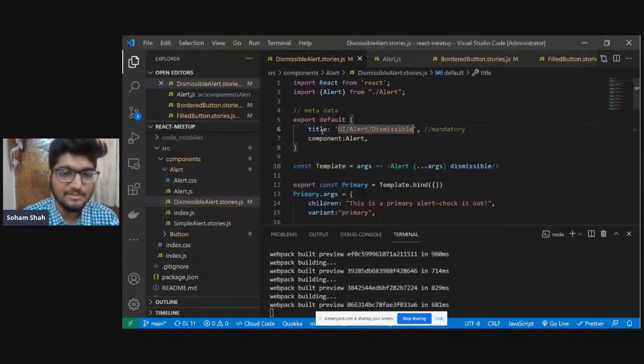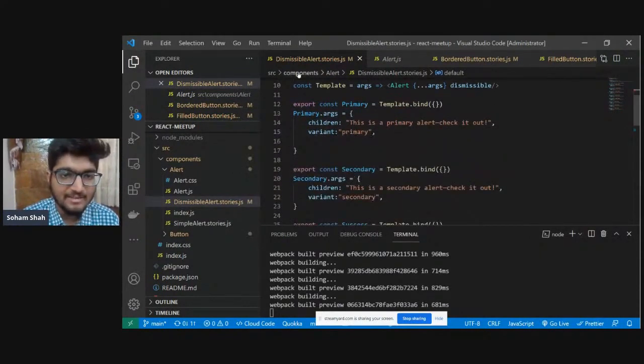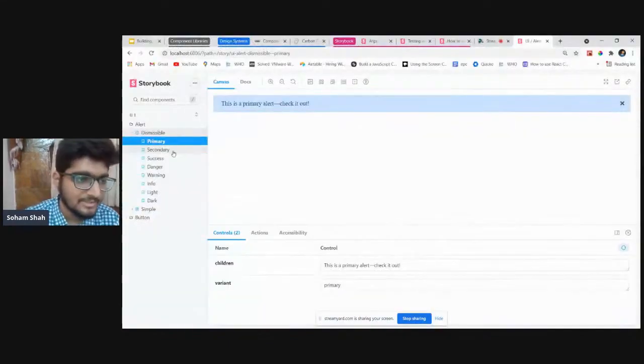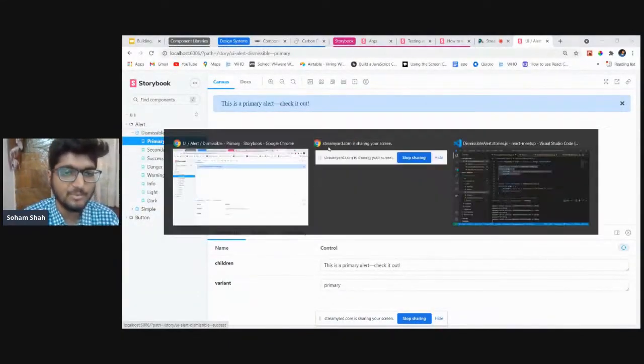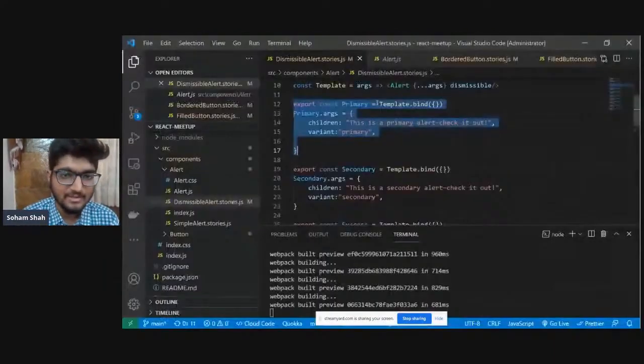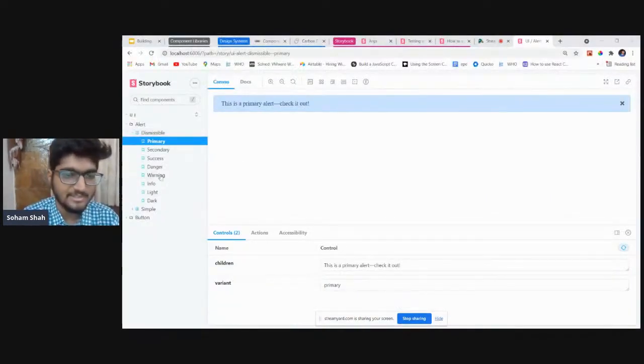And what component we are providing, we are providing alerts, and these are the things which we are telling storybook, that you can render the exports which I am exporting from alert.stories.js, precisely the dismissible alert.stories.js, and this will be coming into the dismissible section.